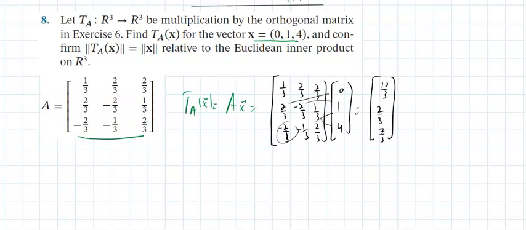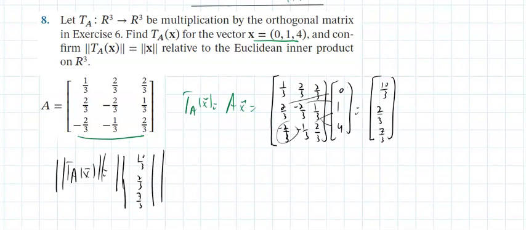Okay, and if I take the magnitude of TA of x, that would be the magnitude of 10/3, 2/3, 7/3. That is the square root of 100 over 9 plus 4 over 9 plus 49 over 9. That's the square root of 100, and 4, and 49, 153 divided by 9,